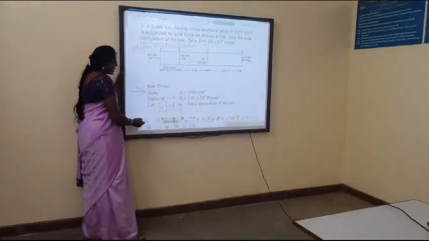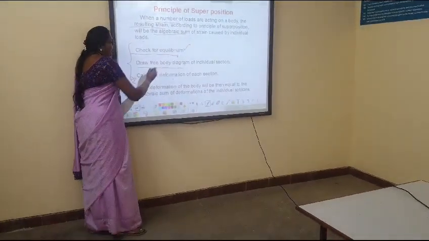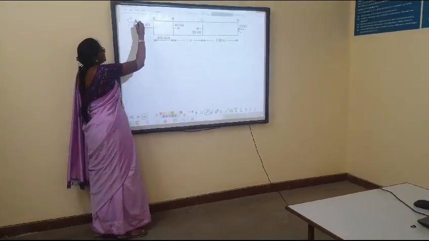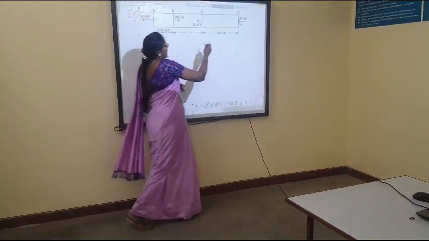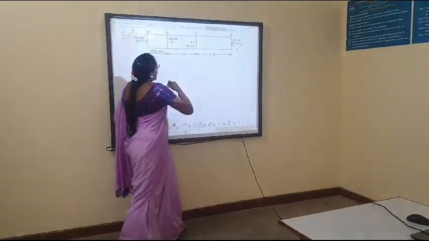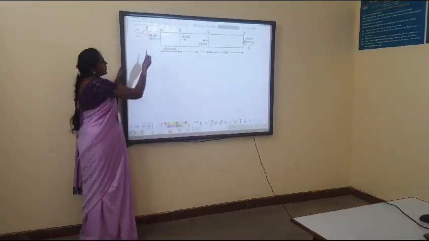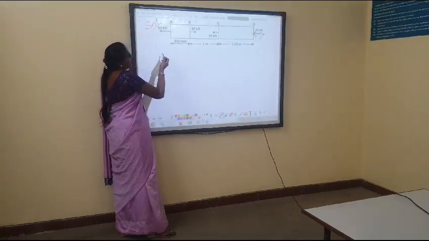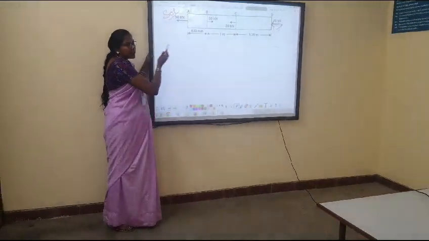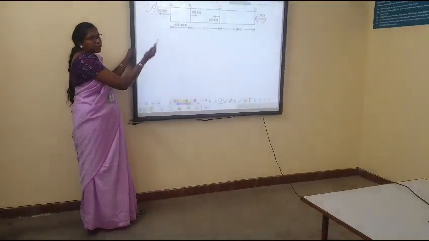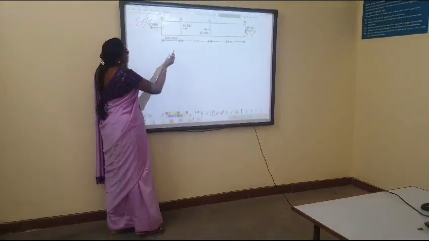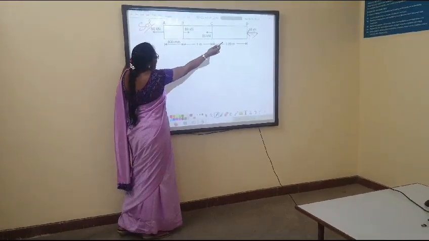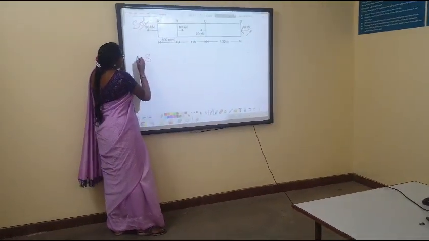What is the first step? You have to check for the equilibrium. So I have again drawn the picture. Now you have to check for the equilibrium. There are forces given: 50, 80, 20 and 10 kilonewton. Now you have to add all the positive forces and equate them to the negative forces. What are the positive forces? Positive forces, we have 80 kilonewton and 10 kilonewton. So this is plus 80